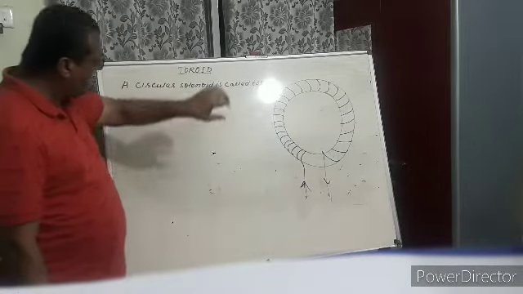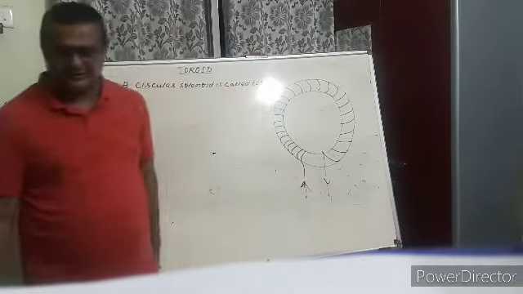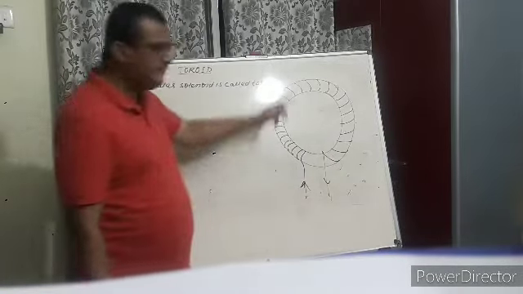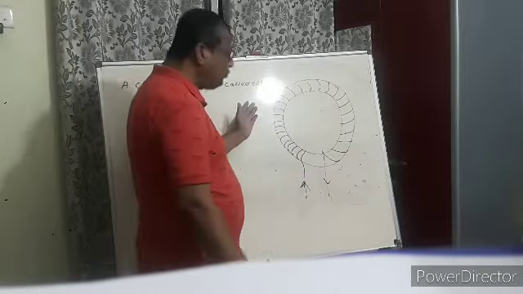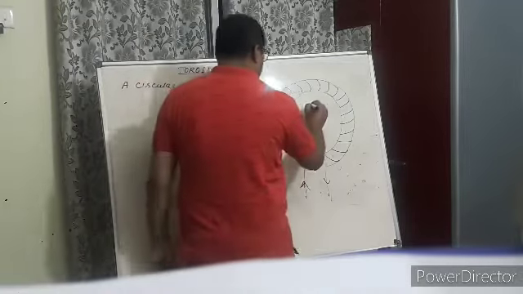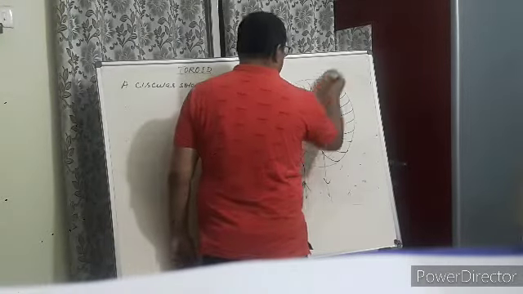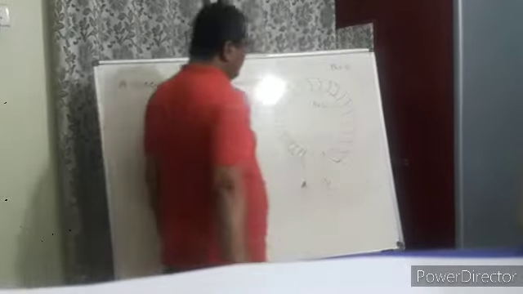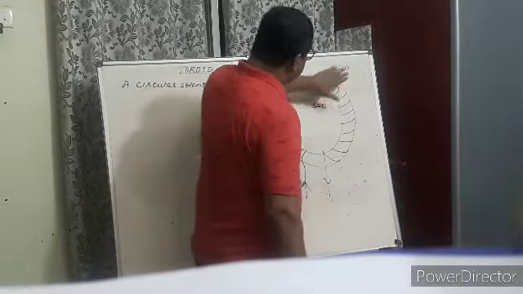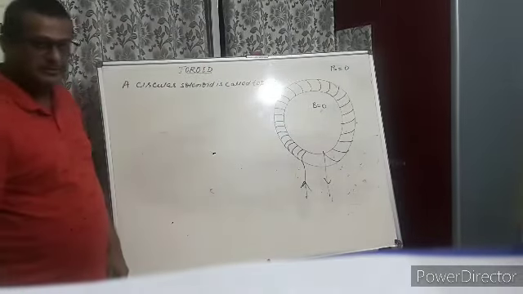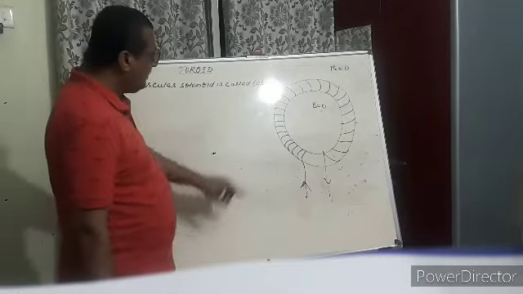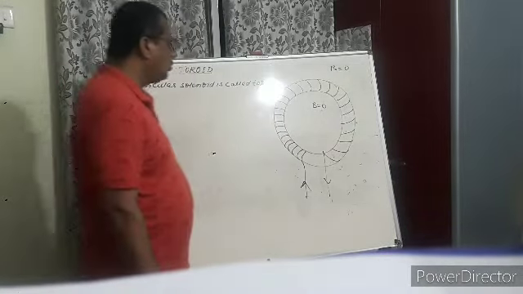You know that inside the core there is a high magnetic field, as we have just seen. Outside, the magnetic field will be 0, and here in the empty space the magnetic field will also be 0. This is the empty space, and here is the outside. Magnetic field will be 0. Now we have to find the magnetic field due to this toroid.